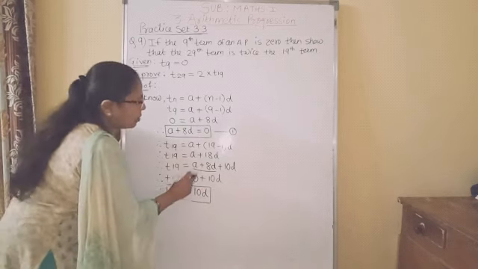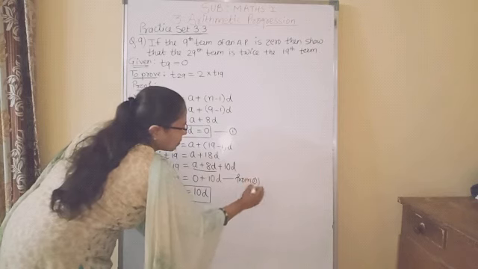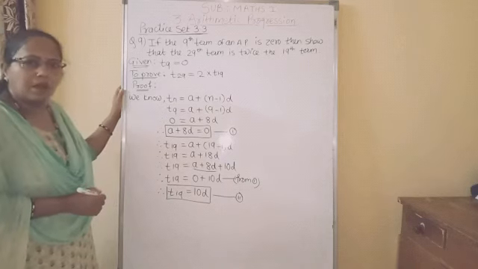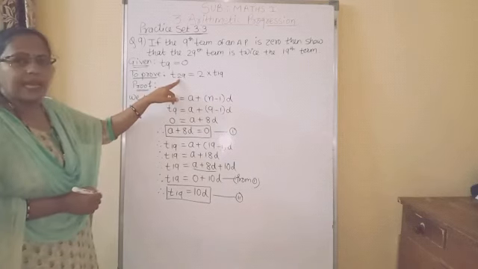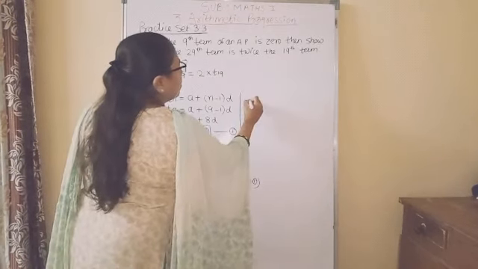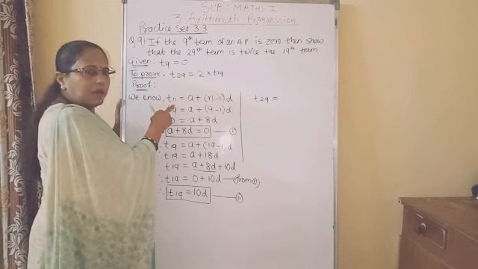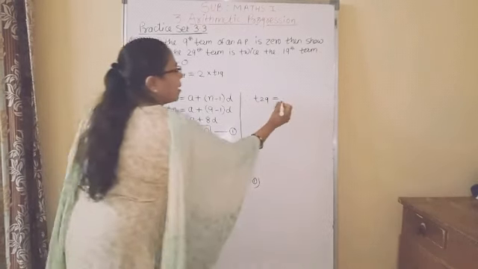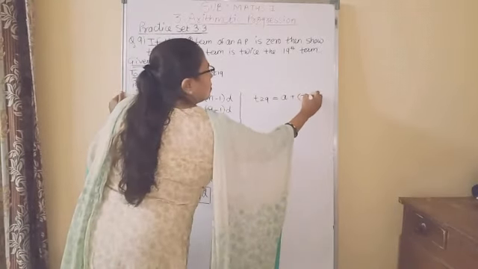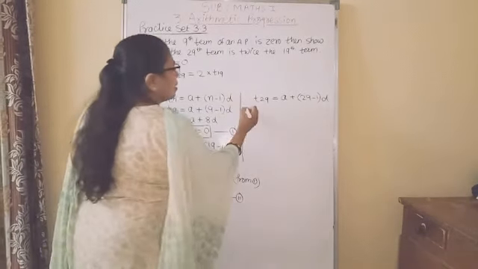And why did we get the answer 0 here? The reason we will write from 1. And for this statement we will give statement number 2. Understood? Now we have to find T29. We will find it here. Therefore, T29. So again we will apply the same formula. T29 is equal to A plus, n is equal to 29, 29 minus 1 into D. Okay. Therefore,